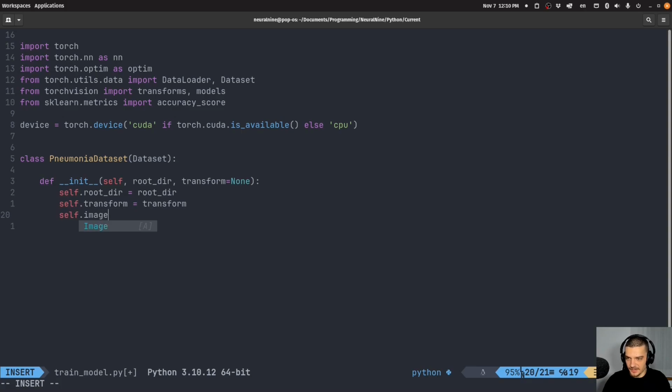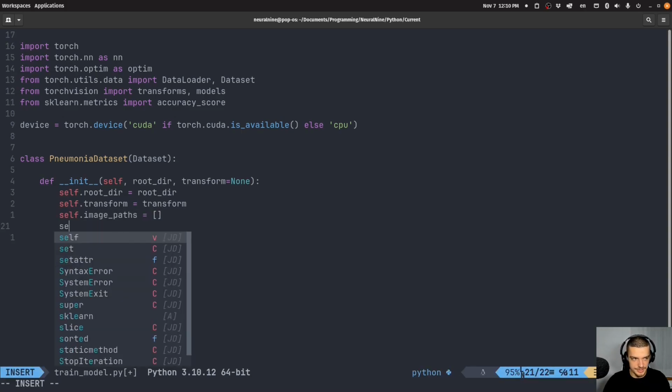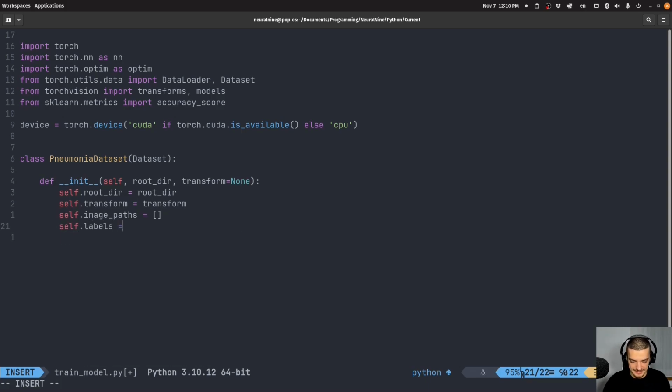Then we're going to say self.image_paths is going to be equal to an empty list. Here we're going to have all the images, and self.labels is going to be the classification. So what is it actually? Is it normal or is it pneumonia? And then now we're going to say for label in normal, pneumonia,